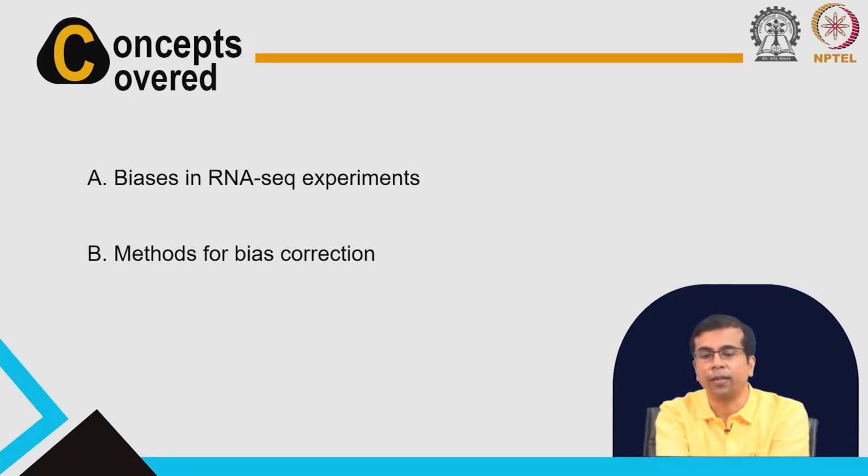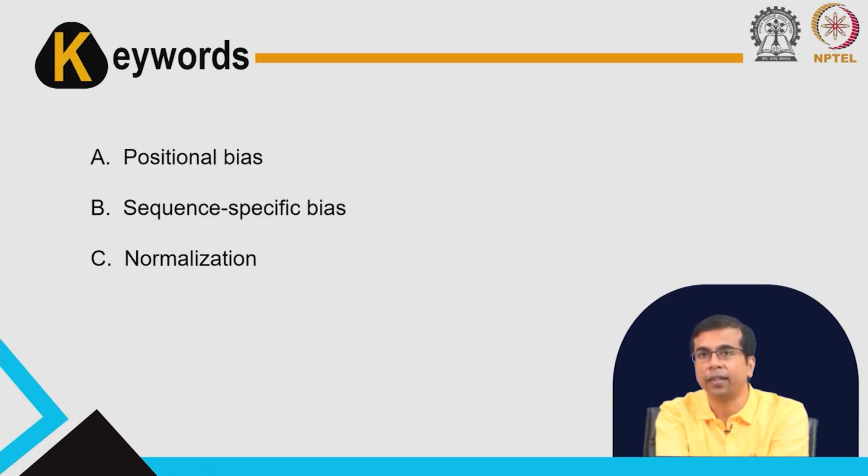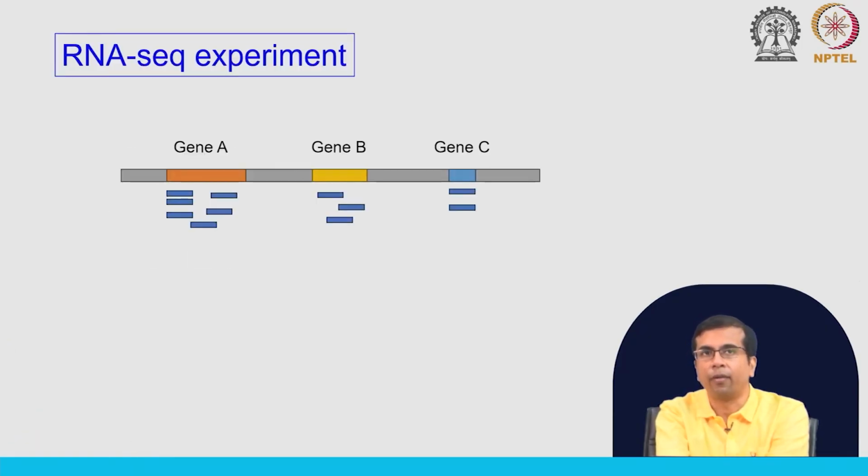Let us look into these different types of biases, and here are the keywords. We will talk about positional bias, sequence specific bias, and finally, we will introduce the term normalization. Let us start with a very simple example of this RNA sequencing experiment. At the end of an RNA sequencing experiment, the goal is to measure or quantify expression of genes in a sample, and maybe compare these expressions across different samples,